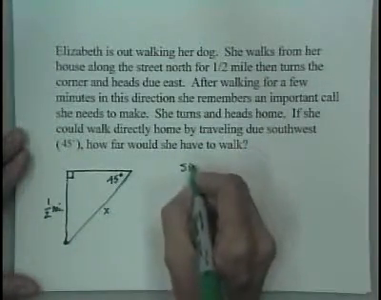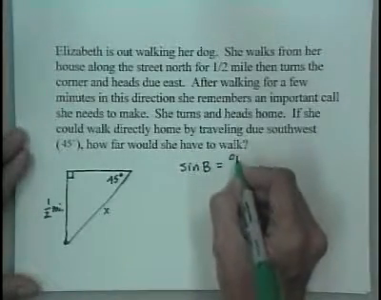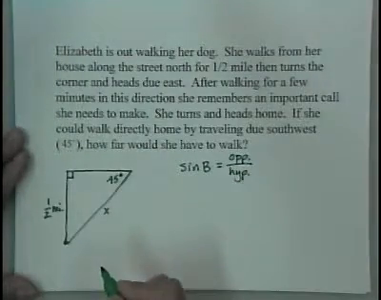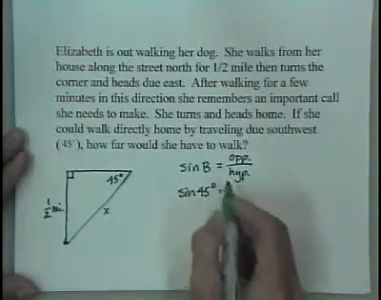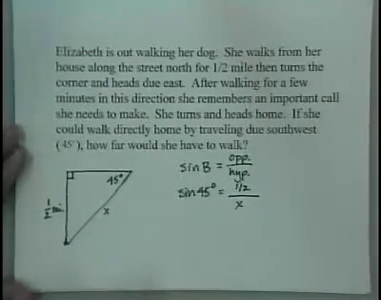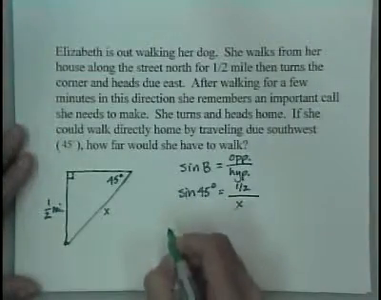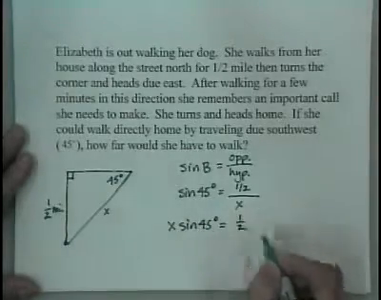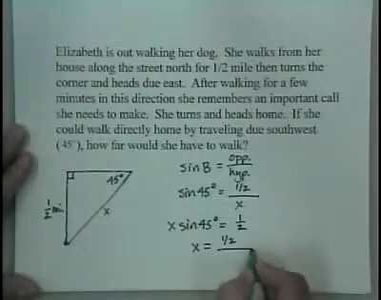That also fits with our sine ratio. The sine of an angle is the ratio of the opposite side to it over the hypotenuse. Our angle is 45 degrees. The length of the side opposite is half a mile. The hypotenuse I've labeled x, and it's what we're looking for. To isolate x, multiply by x: x sine 45 degrees equals a half. Divide by sine 45, so 1/2 divided by